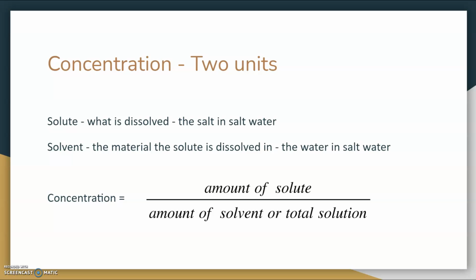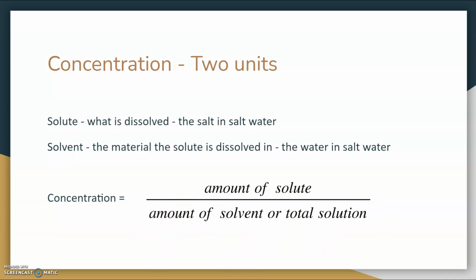So concentration has 2 units, one describing the solute and one describing the solvent. The solute is what is dissolved. So the salt in salt water is an example. The salt would be the solute. The solvent is the material the solute is dissolved in. That would be the water in salt water. And concentration then relates the amount of the solute to the amount of the solvent or to the amount of